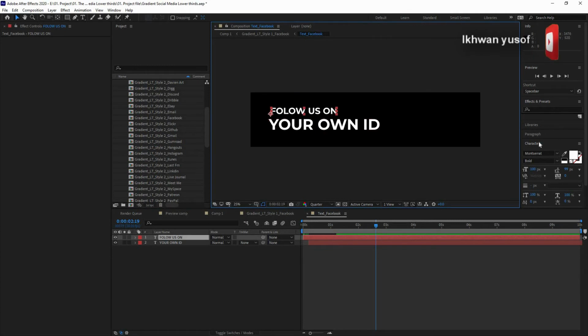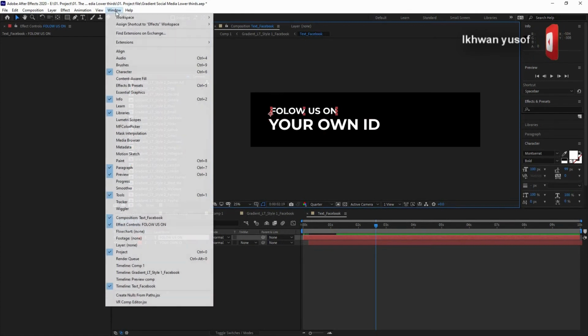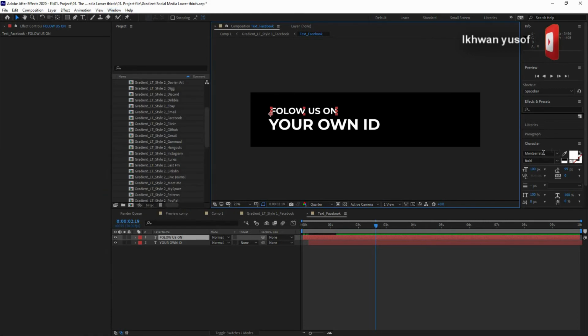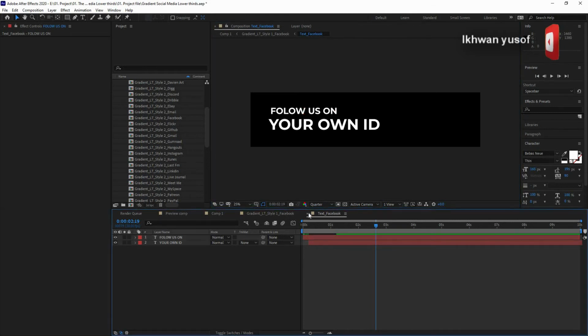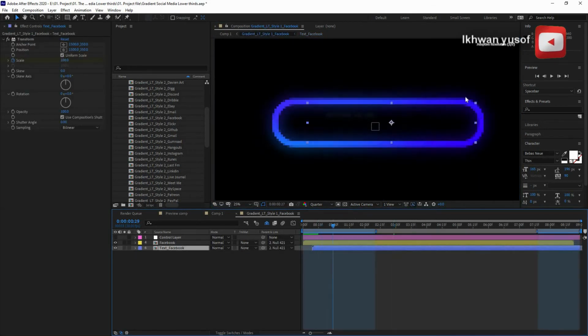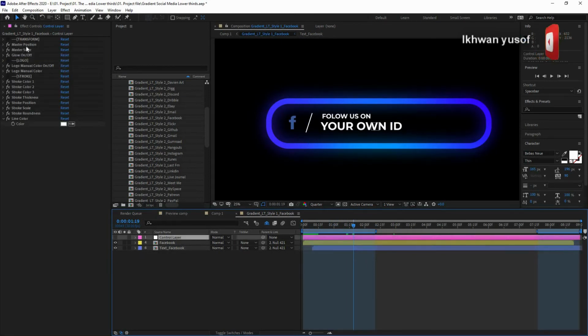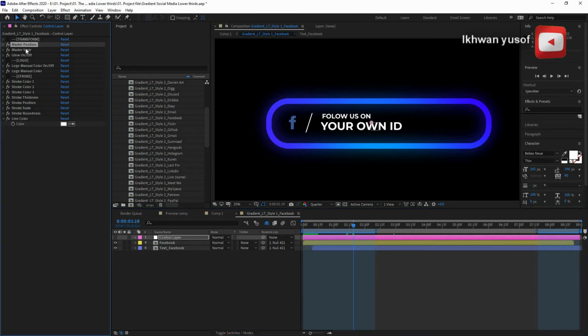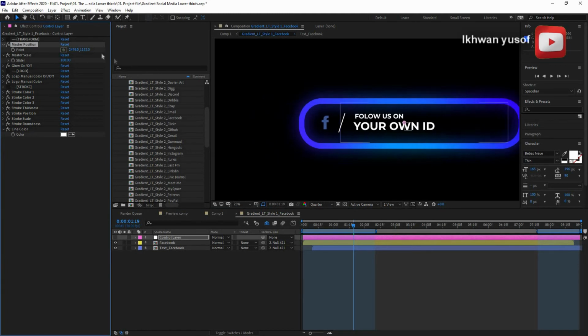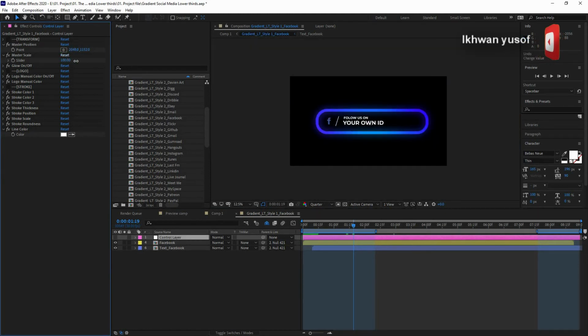To change the font, you can come to this character tab. If it's not open over here, you can click on this Window menu and make sure the character tab is checked, and then you can change the font and the color, etc. Once you're done, if you go back, you will see everything is updated over here. And for the color, you can select this control layer, and in here you will find all of these settings. The first one is this master position and scale. You can position and scale this one,